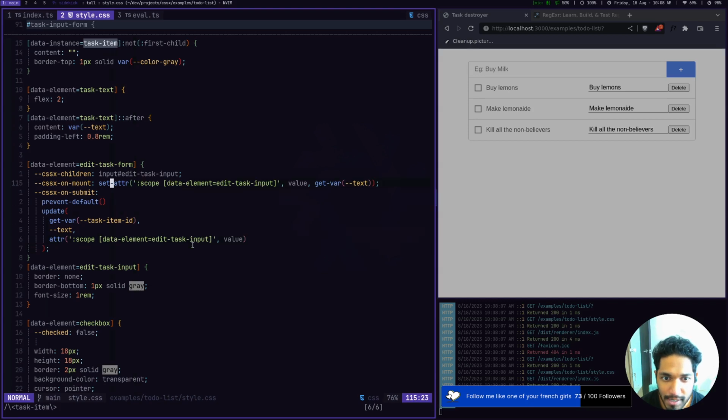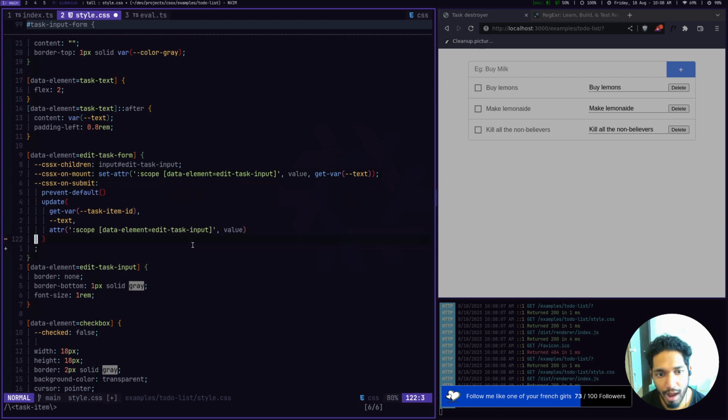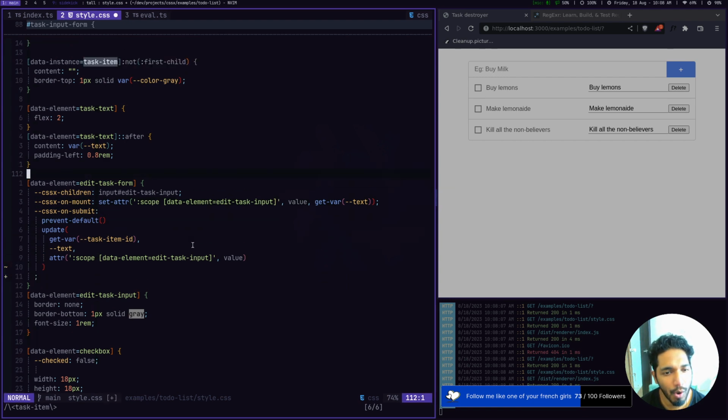So I set this attribute, and on submit, as soon as I'm done setting it, I want this to not be editable anymore. So how should I do that? Should I maintain a flag that on update I manage, or should I just